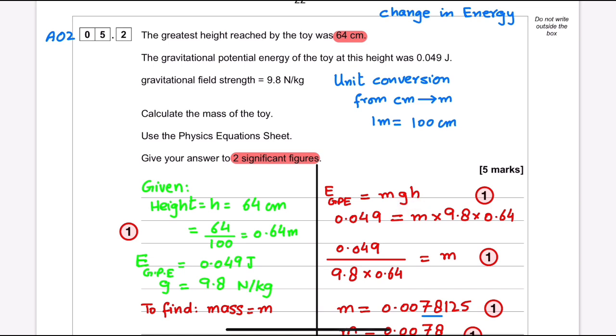So we will substitute all the values, which is energy, we're going to put it here. Mass we need to find. Value of g is 9.8, we need to put it here. And the distance covered or the height covered in the air, that is 0.64. After substituting the values, we need to find the value of m. So these two values will go on the other side of the equation and divide 0.049. By using the calculator, the answer is